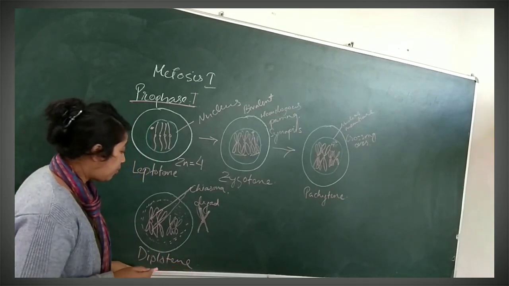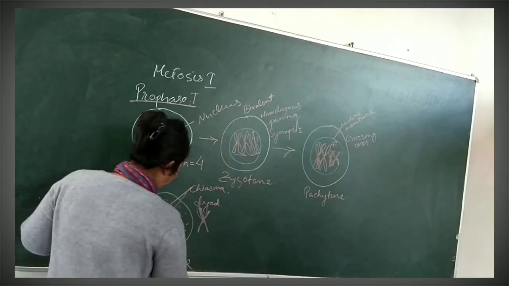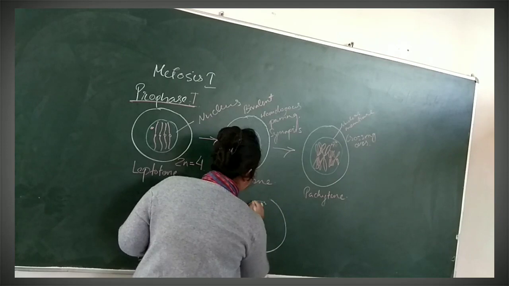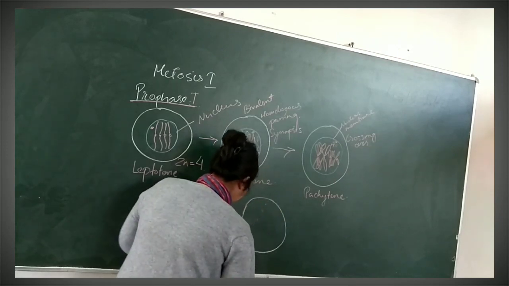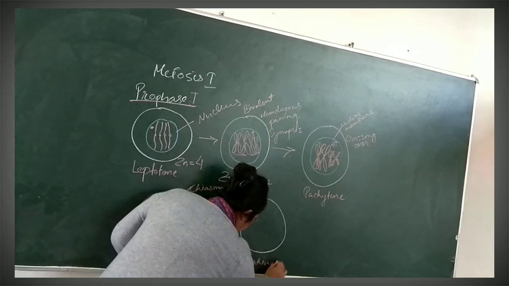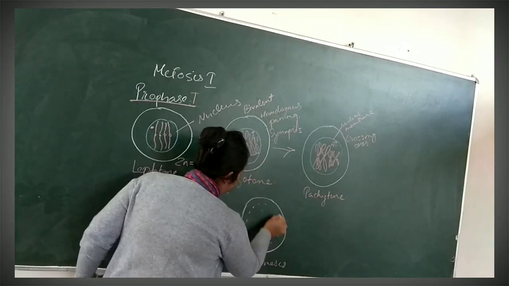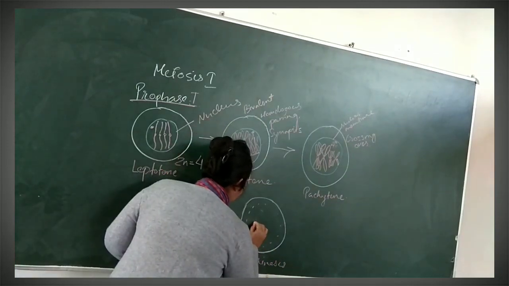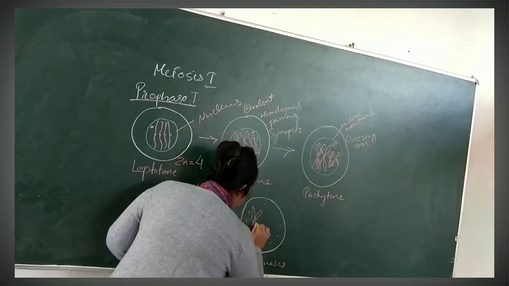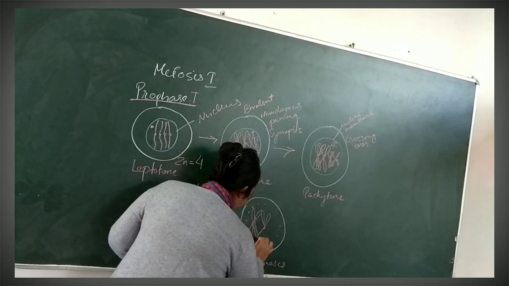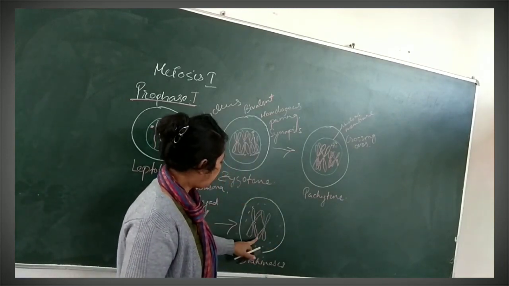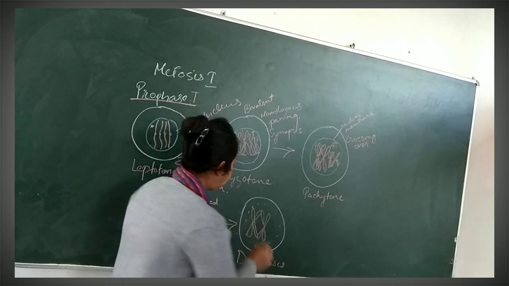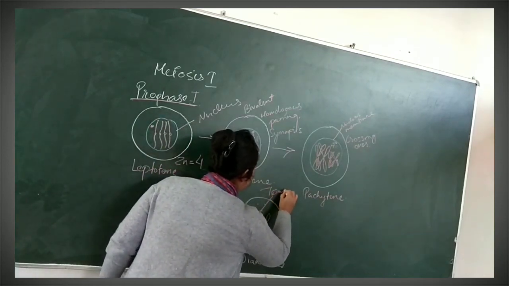So that also we can see in diplotene of prophase 1, and followed by diplotene is the last stage of prophase 1. So this is called diakinesis. Here the nuclear membrane disappears, it gets disorganized, and now what happens is that the chiasma reaches the terminal end of the two chromosomes of the homologous pair, and this we term terminalization